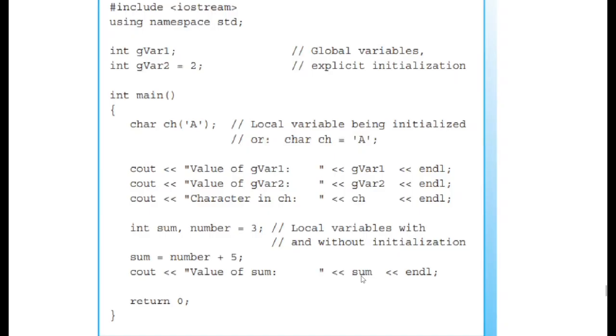We have to make sure that whenever we create a variable, we give it a meaningful name. So it has to be a name that is easy to understand the purpose of that variable, not only to other programmers, but also to yourself later on down the road when you need to understand your own code and remember what you were doing, basically.